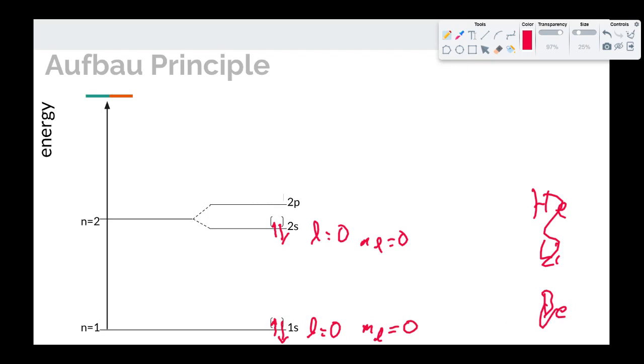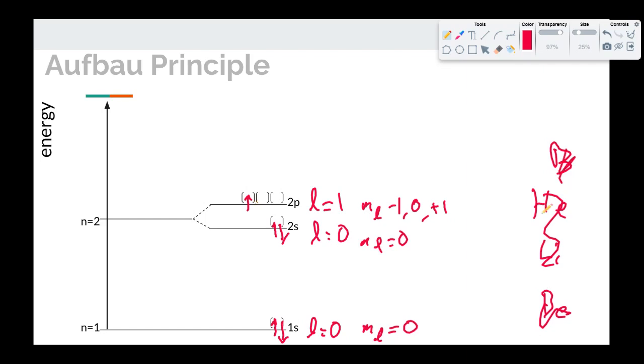Okay, now let's say we move up to boron, which has 5 electrons. There's not room in those 2 subshells anymore, so we have to move up to the 2p. 2p happens when L equals 1. And if L equals 1, then m sub L could be -1, 0, or +1, because it can range from -L up to +L, which means there are 3 orbitals in that subshell. So for boron, that electron is going to go in there.